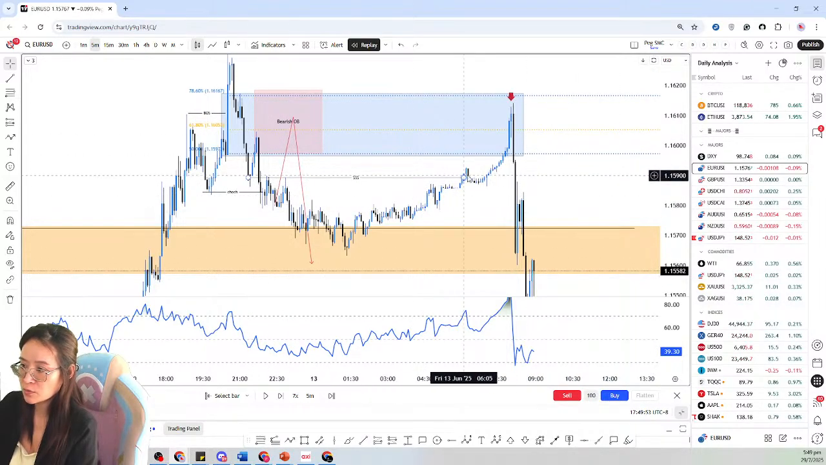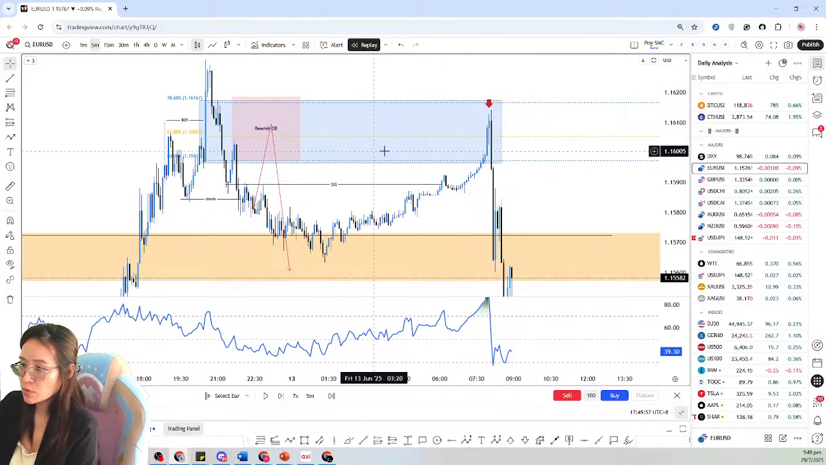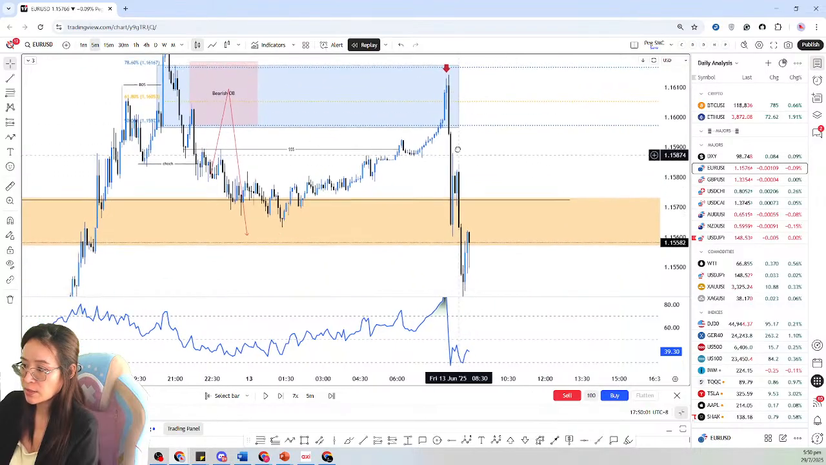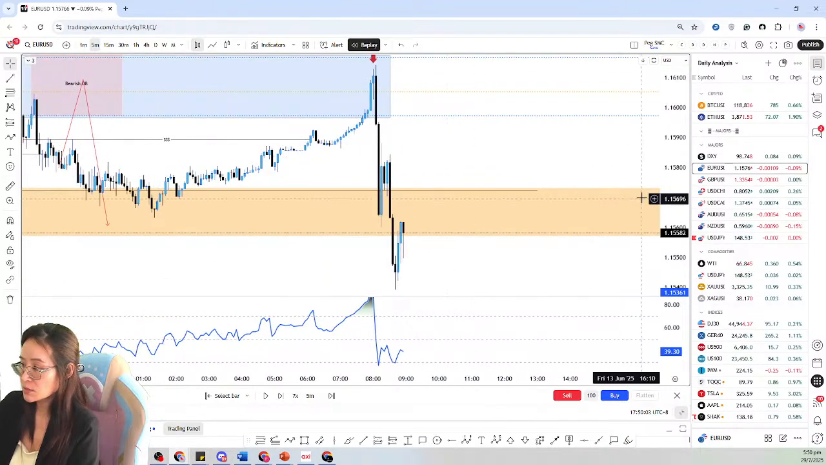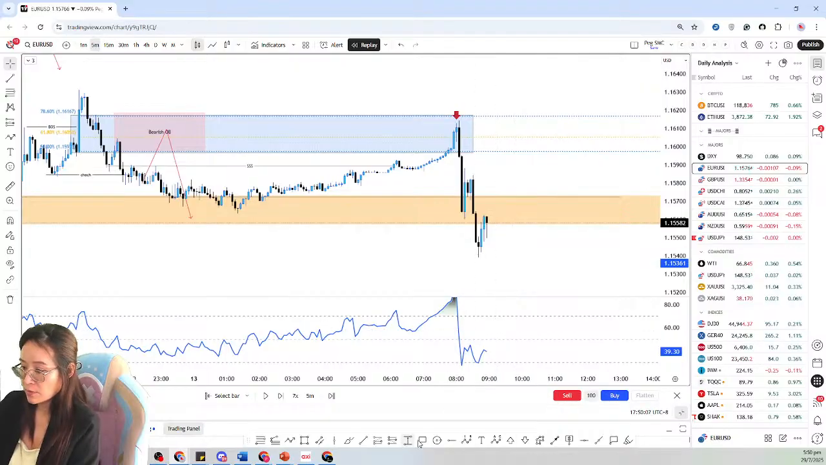If you sell again, you will get stopped out. But for SMC, you wait for price to pull back or retrace to the zone. Then you're going to sell right here. Okay, in the M5 or M15, do you see that they also make the